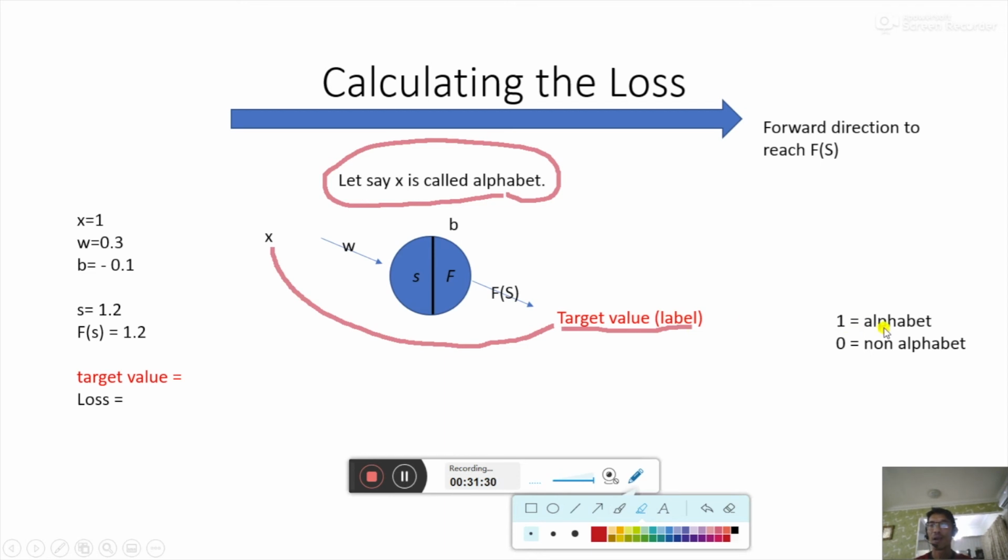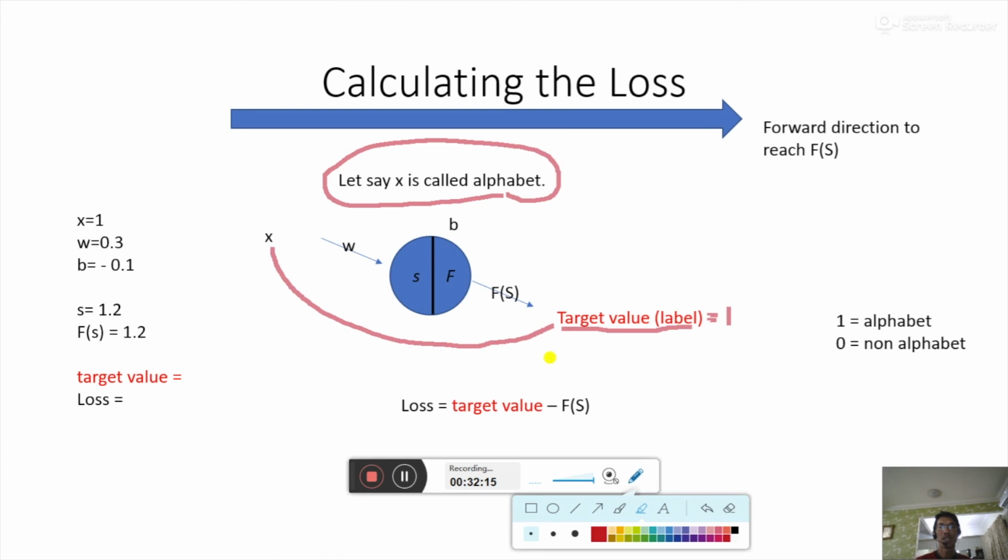If you say that alphabet is 1, non-alphabet is 0, so this must be equal to 1. Okay, so now you see X is labeled 1. 1 represents alphabet, and 0 means non-alphabet. So in here, since X is alphabet, I label it as 1, meaning it is alphabet. Okay, so let me put it this way. Now the target value,